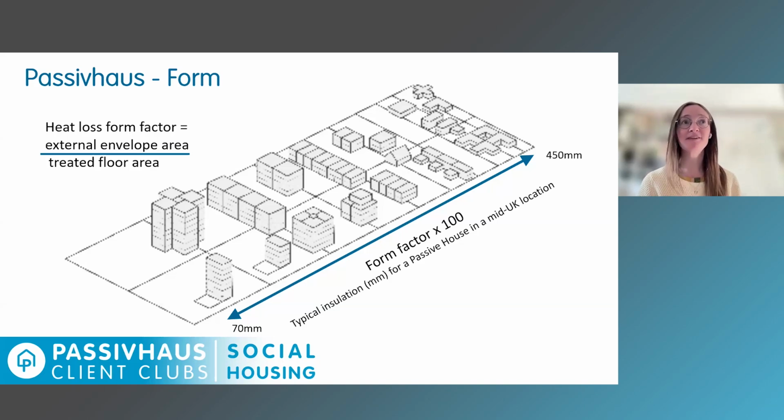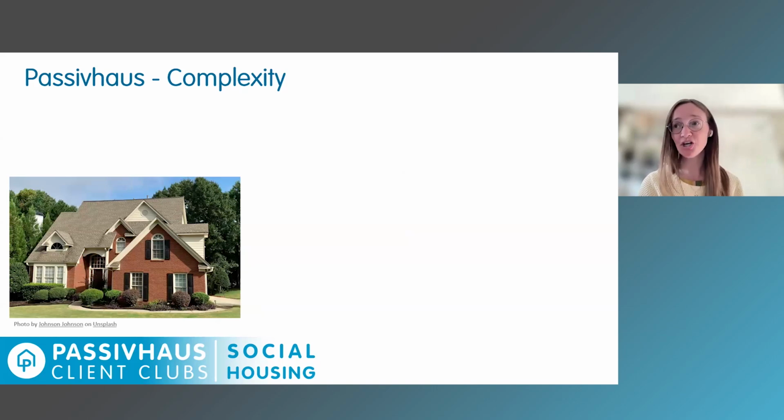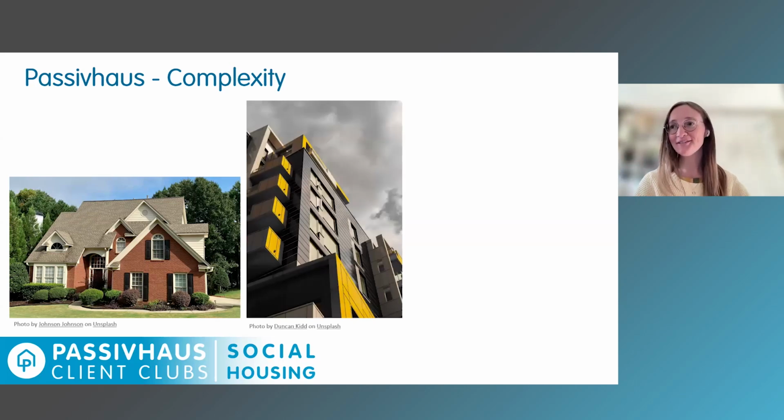So it's just something to be very mindful of, that those decisions around the form of our building have a direct impact on the cost of those projects to deliver. But it's not just about form, it is also about complexity. So these are just a couple of images that I pulled off the internet just for typical new build